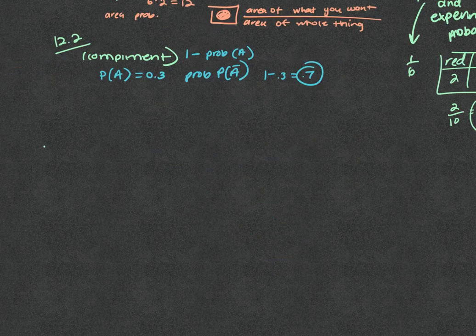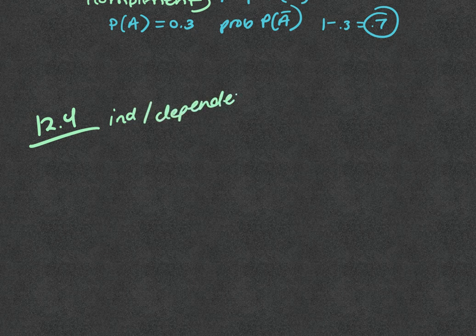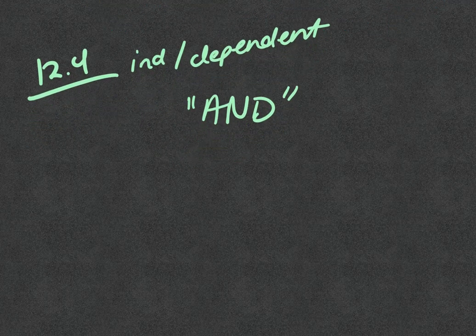And we had questions like 12.4, which was independent and dependent. This is your and. Independent or dependent was based on things like, did you start with a fresh batch every time? Was there replacement? Did you put it back? That's the difference, right? So if it's an and statement, you then have to figure out, is it independent or dependent? If it's independent,